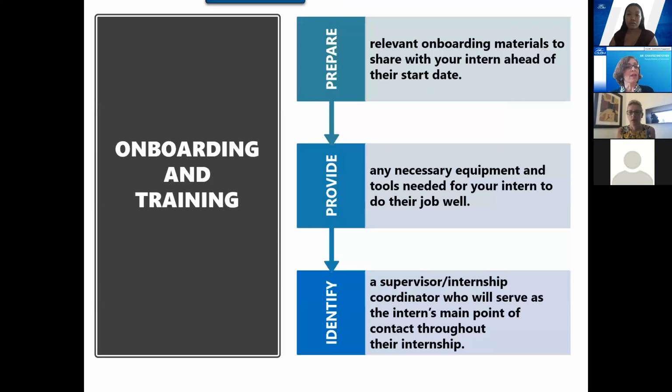So it's really important that you think about onboarding and training as that first impression for your intern. Interns can potentially be a pipeline for employment for you, right? Where you're also trying to test out what the market is for potential or future employees. So that first impression is really important.